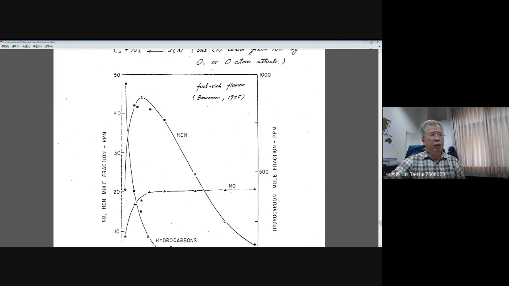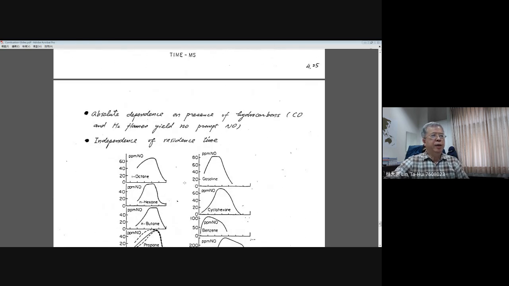But later on, those HCN convert to NO. Therefore, NO will go to the maximum value, then they will remain at a certain constant value. Since if you continuously convert HCN to NO, sometimes a certain amount of NO will react with the HCN, and they will convert themselves to N2. Okay,